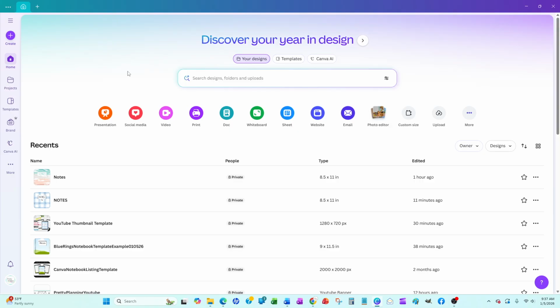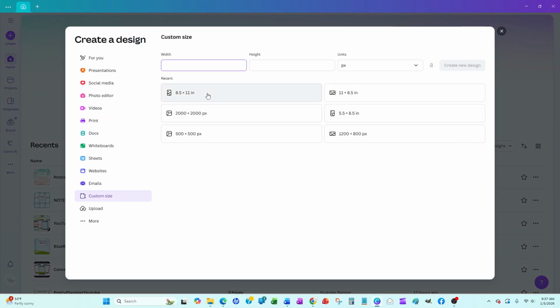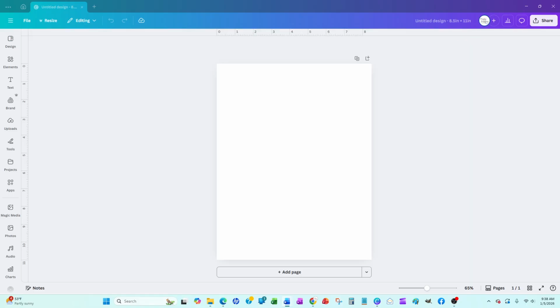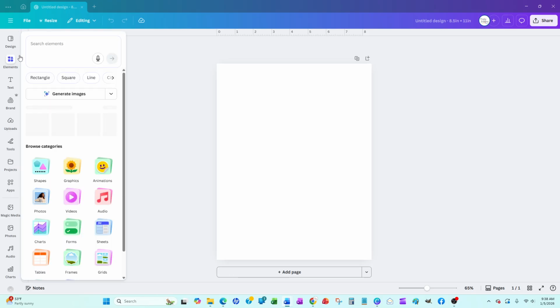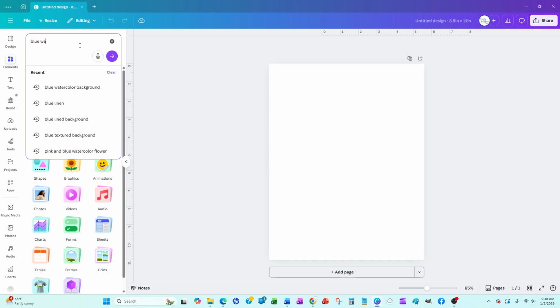So to get started, all you need to do is create a canvas. I use an 8.5 by 11 inch. And first, we are going to start by creating the background, so go to Elements, and you can search for the type of background that you want to use. I'm going to use a blue watercolor background